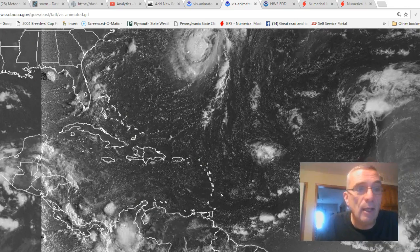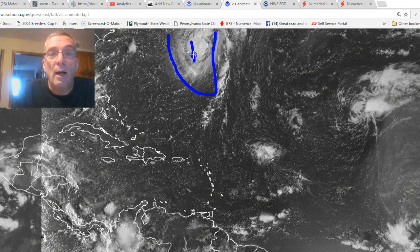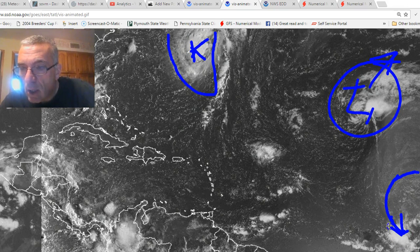It's on the corner of your screen here. It's a little hard to see, just kind of coming in on the edge. By the way, here we have Tropical Storm Karl, and that's moving away from Bermuda. There we go. And then here we have Lisa, and that's just about done. That's moving away to the northeast. But right here on the edge, you can see how the clouds swirl out counterclockwise. We're on the western side